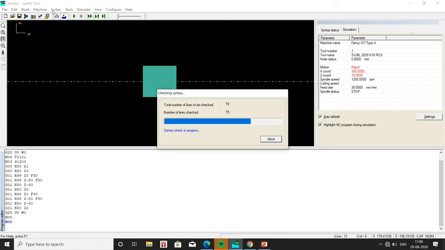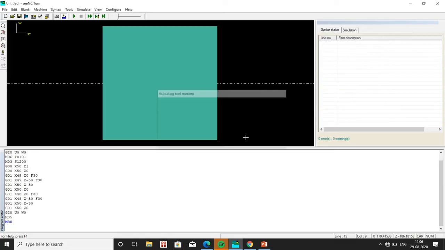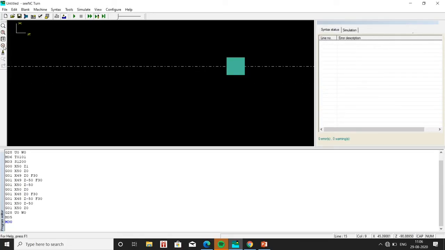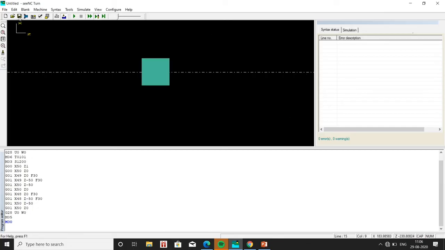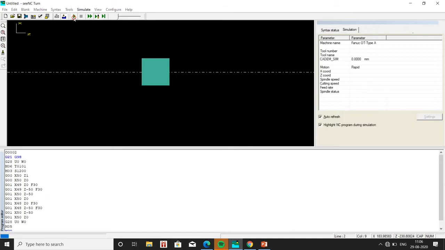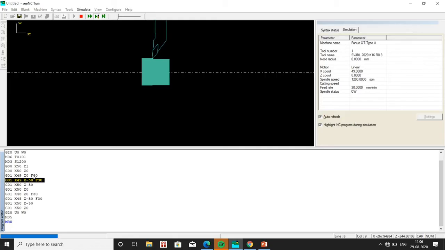It goes back to its initial position and then returns to its home position. Let me do it again. X50 Z0, 49 Z minus 50, then X50 goes back, Z0; then 49 takes 48, goes up to X50, Z minus 50, and X50 Z0 goes back, and then it goes to the home position.